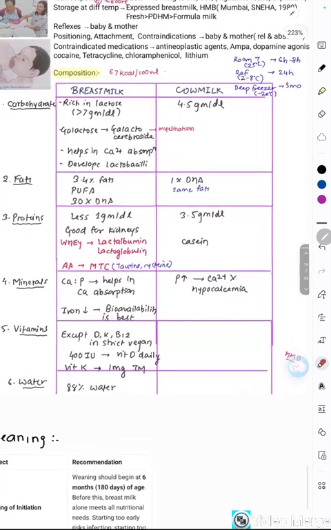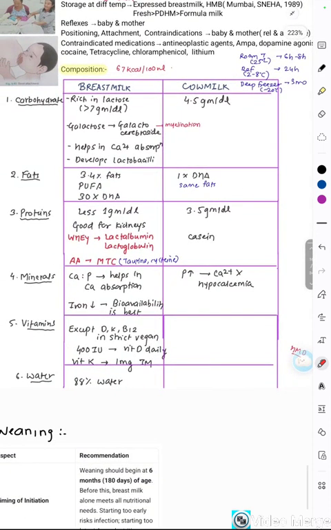Now the composition of the breast milk is important. 100 ml of the breast milk has about 67 kilocalories. The breast milk is rich in lactose, more than 7 grams per dl. The galactose consists of galactosaccharide, which is important for myelination, helps in carbohydrate absorption, and helps in lactobacillus growth. Then the fats, there are about 3 to 4% fats, and it has got 30 times